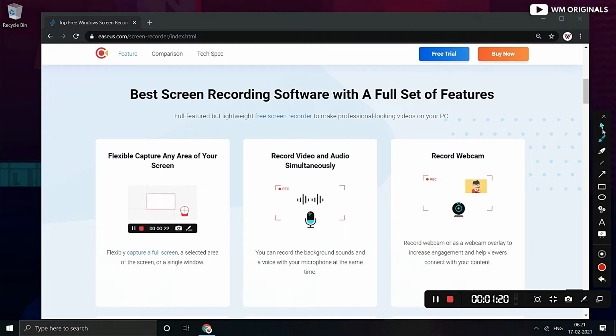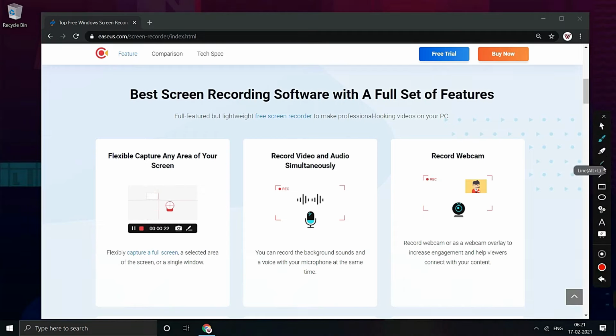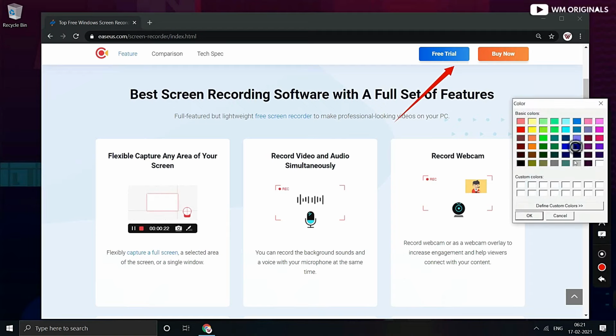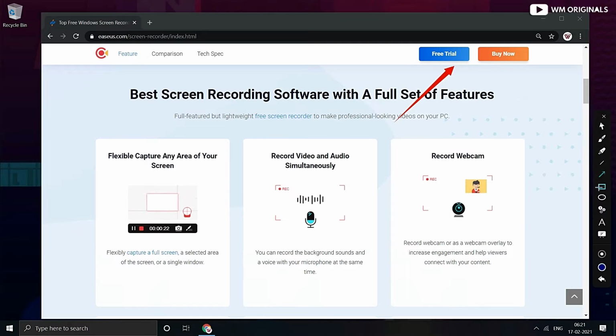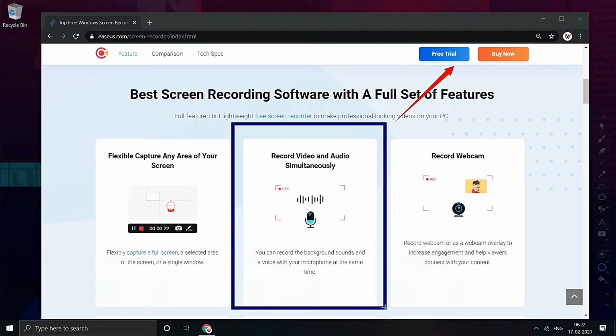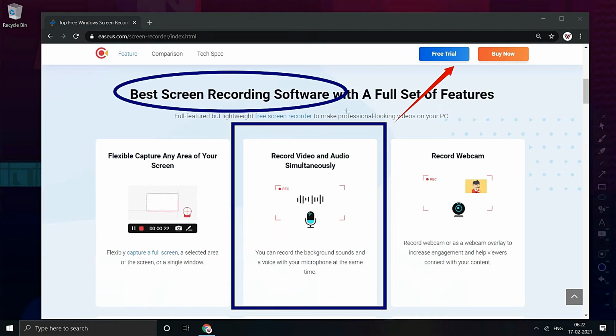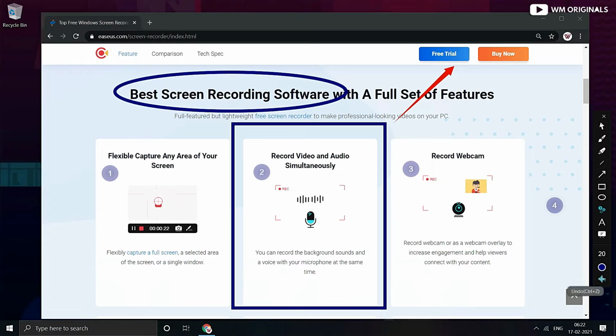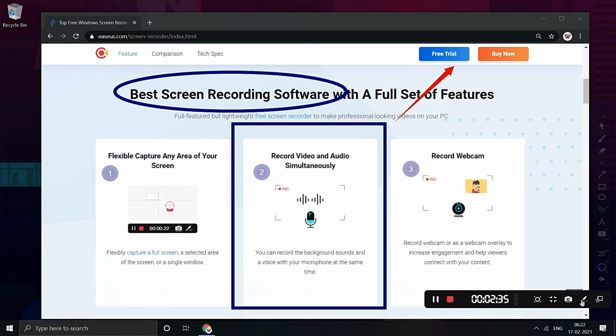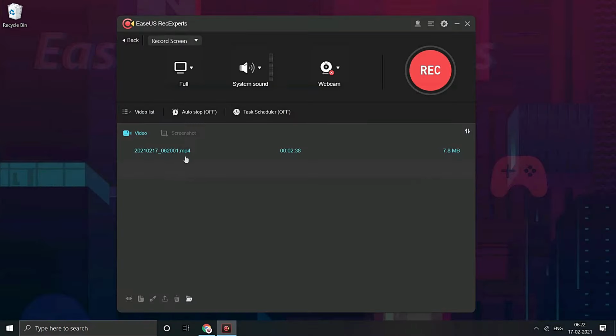Here are some more tools such as click, pen tool, highlight. We have also got some arrows. If you want to point to certain things, we can also do that, which is very useful. We can also change colors from here. We can add a box from here. Also we have a circle tool. Here we have a numbering tool as well. We can give numbers from here. We can also undo from here. There are some more tools such as text and whiteboard. Just click on them to use. Once we are done, click on this to stop recording.